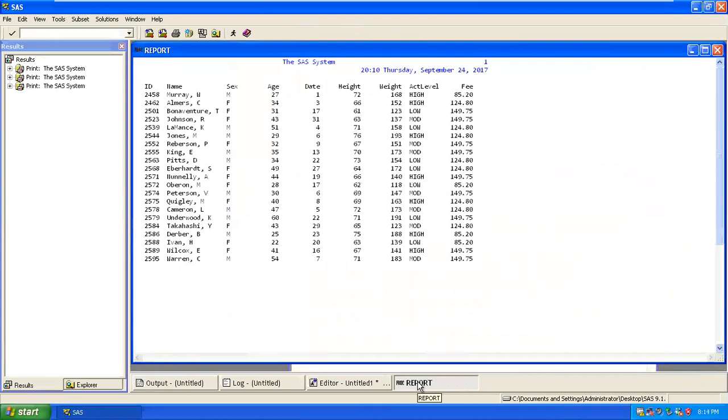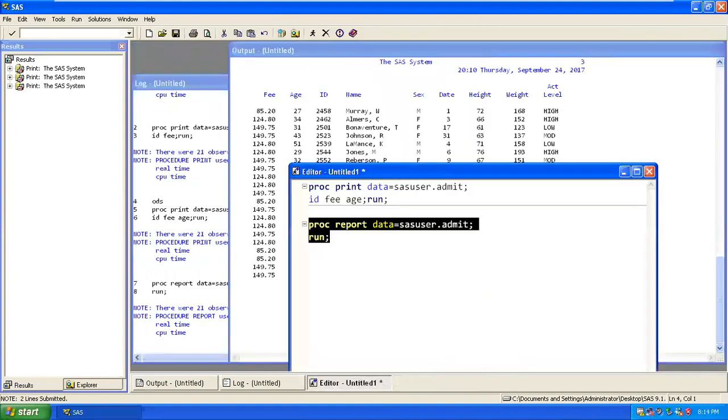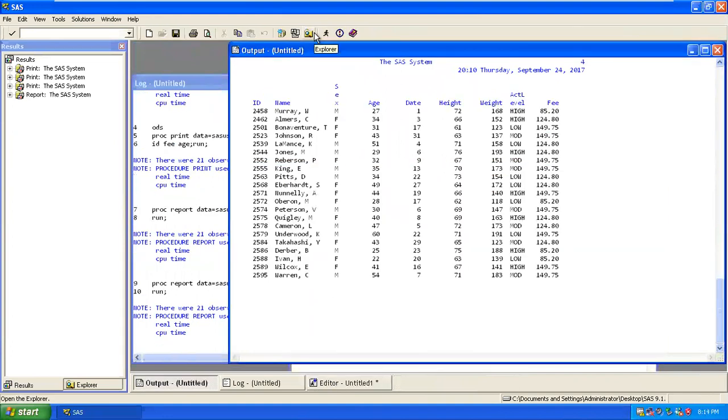If you don't want this window to appear while executing the query, you can restrict it. First you have to close this, and you can use NOWD. Now there won't be a separate output. Whenever you're running a query, you should always use this NOWD. Let's say you have multiple reports to be executed based on your particular data. If you have NOWD, it won't allow you to run another query. Always keep this NOWD keyword.